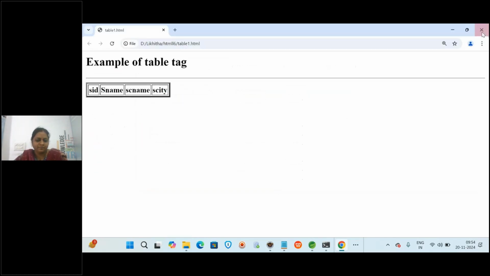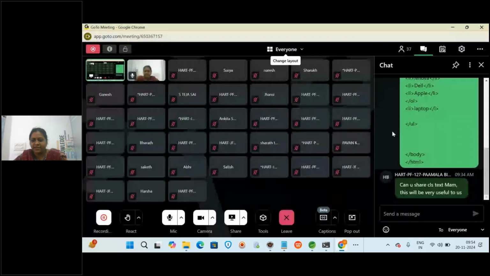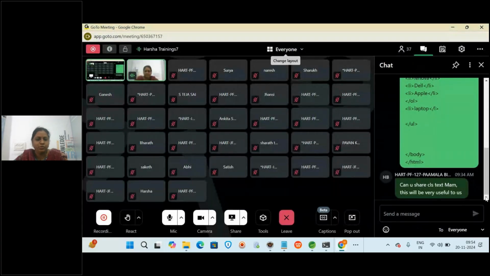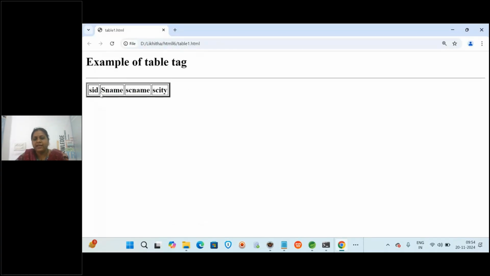Clear? Okay. Someone has asked, is it clear? We have to use the HR tag. Yes, the HR tag is used for adding the horizontal line. Anywhere you want, you can type HR. That is also a tag which doesn't have a closing tag. You can write it as a single tag. One is the break tag and the other one is the HR tag. So HR is for the horizontal rule.